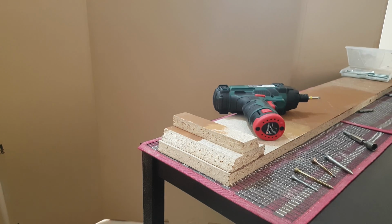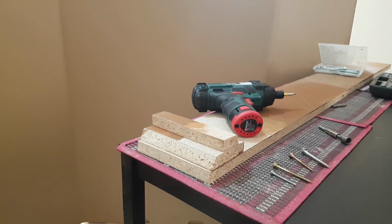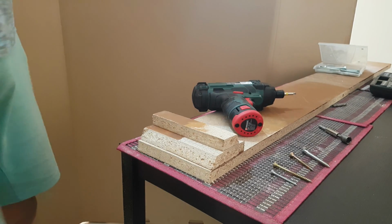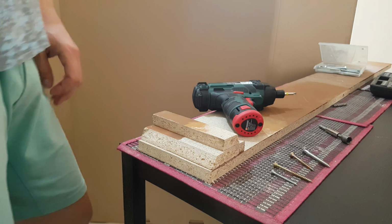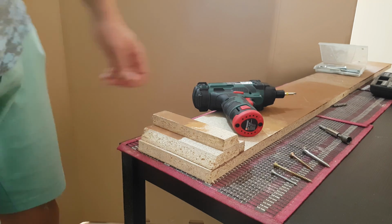Hello guys, again my name is Andrew of course, and today I'm going to test this Parkside Cordless Combi screwdriver / impact driver model PDSSA 12A1,